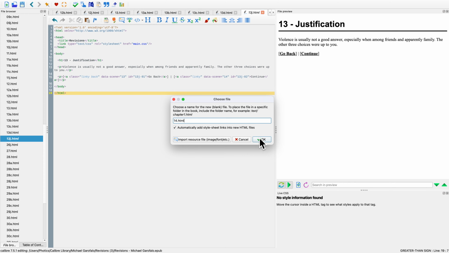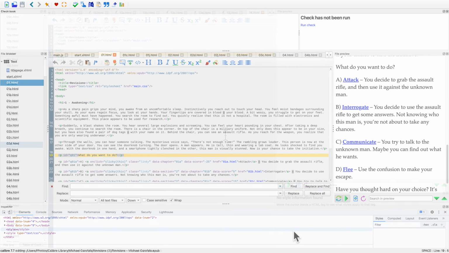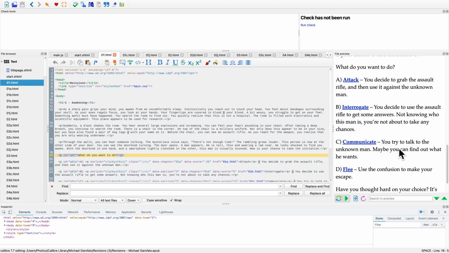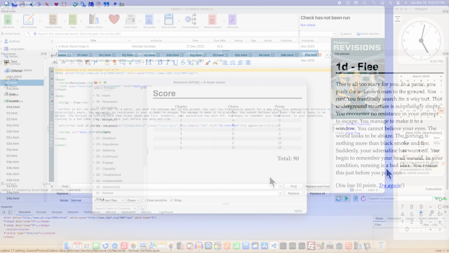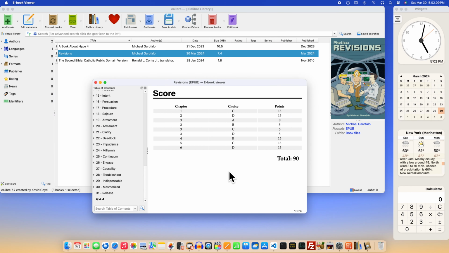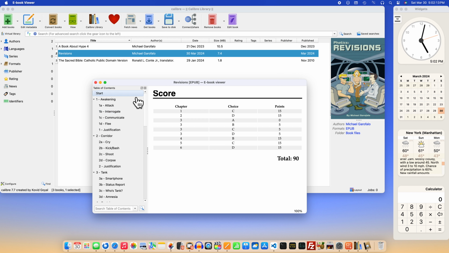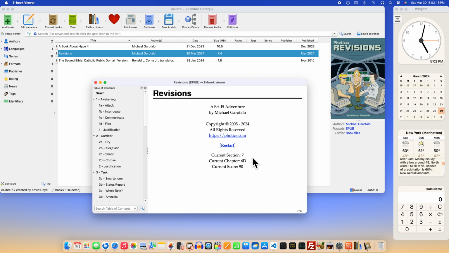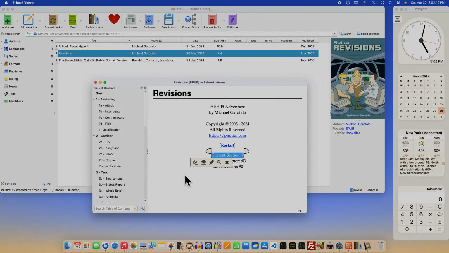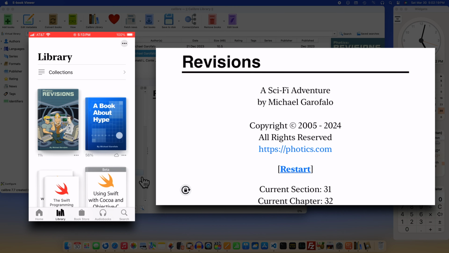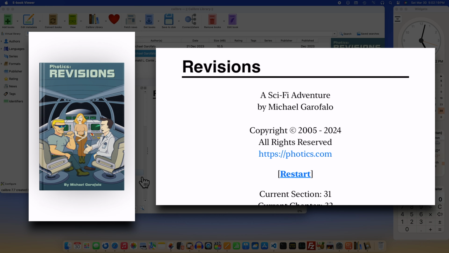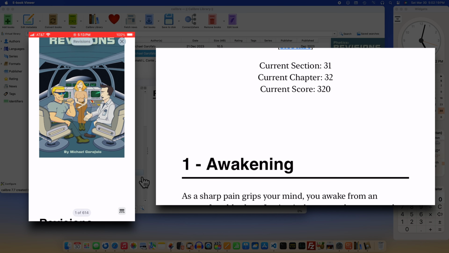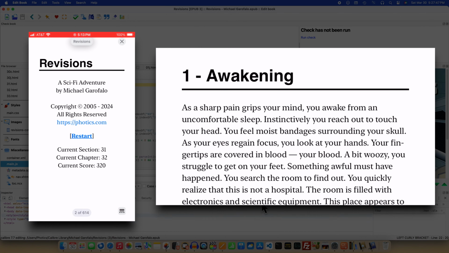With Calibre, I was able to clean up Revisions. I was also able to get the book to be more like what I imagined back in 2005. The links actually work. And depending on the EPUB reader, scoring works too. That's the downside with the EPUB format. It can be difficult to impossible to replicate the same experience across different devices, or even different e-readers on the same device. I think that's why we haven't seen an explosion of interactive ebooks.